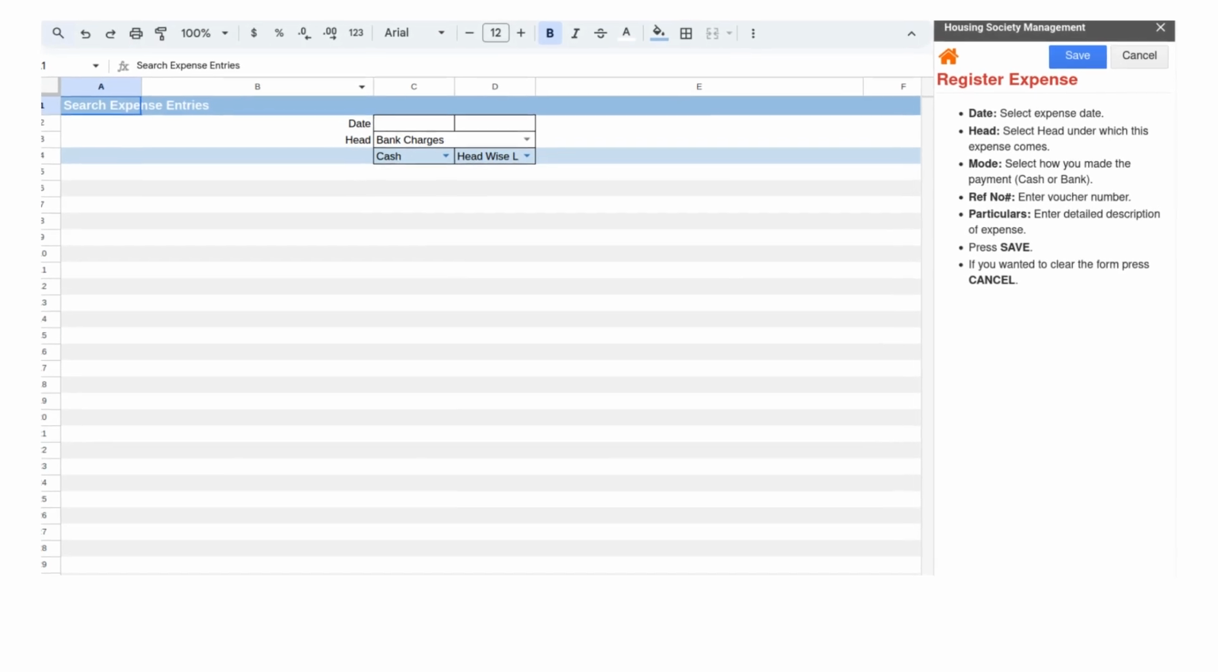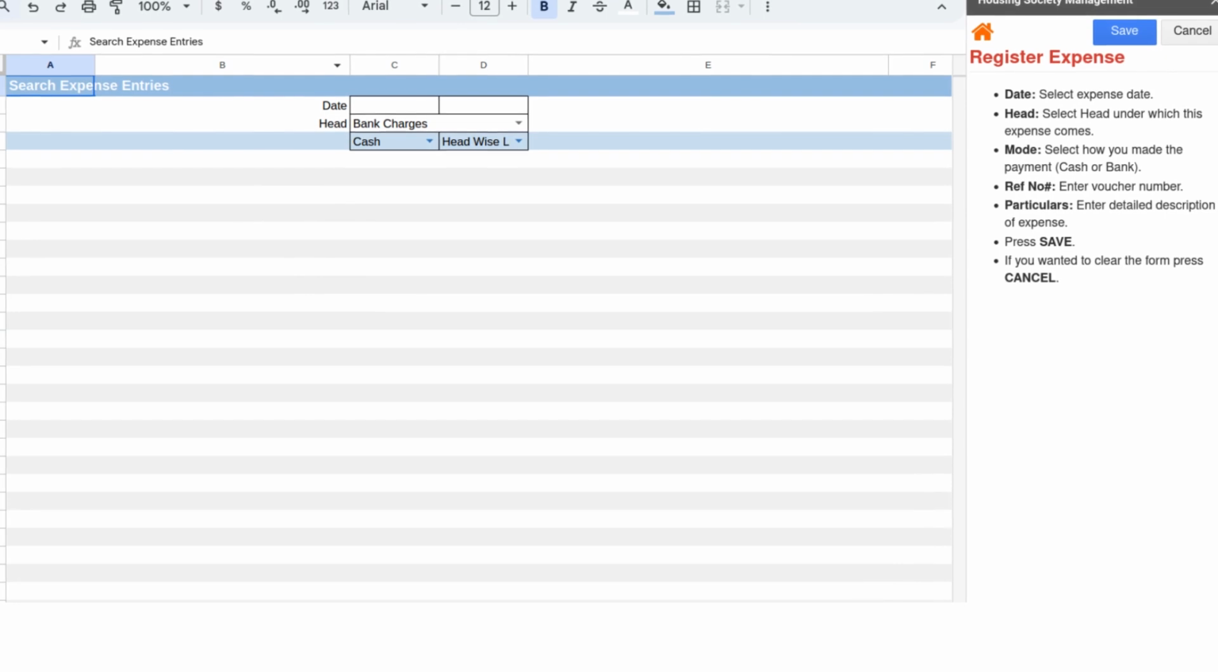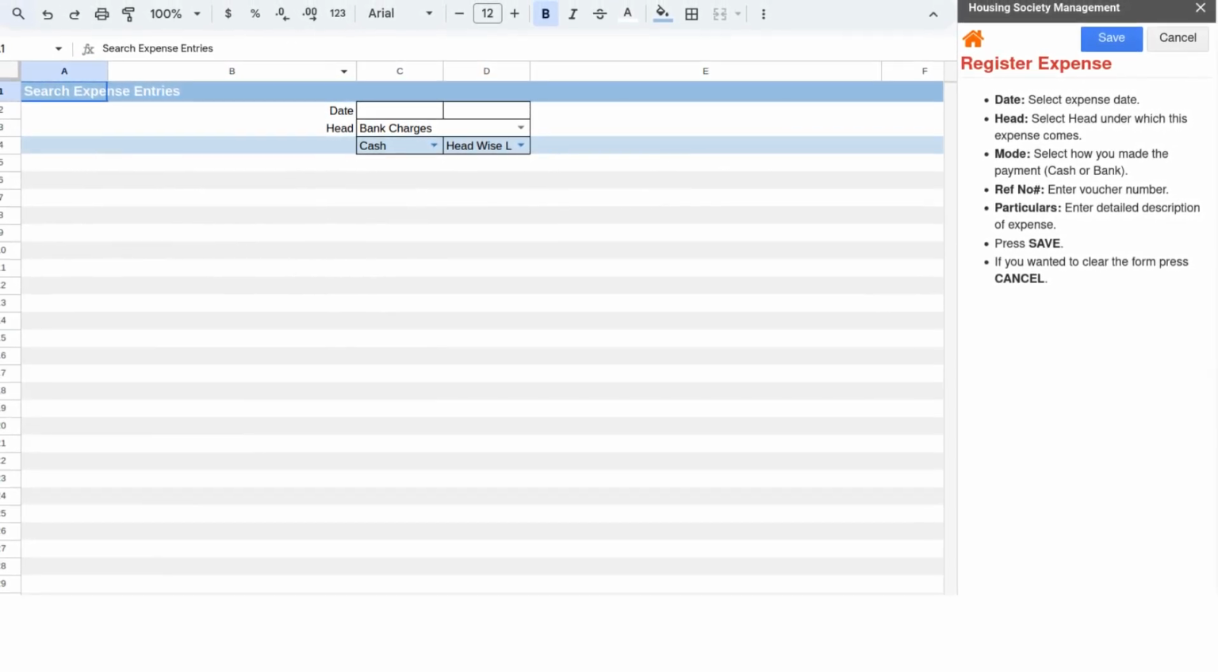To register your society's expenses, click on the Expenses button from the control panel. In the expenses sheet, enter the details of each expense, like date, vendor name, invoice number, and amount. Make sure to select the appropriate expense head from the drop-down, such as electricity, security, repairs, or any other applicable